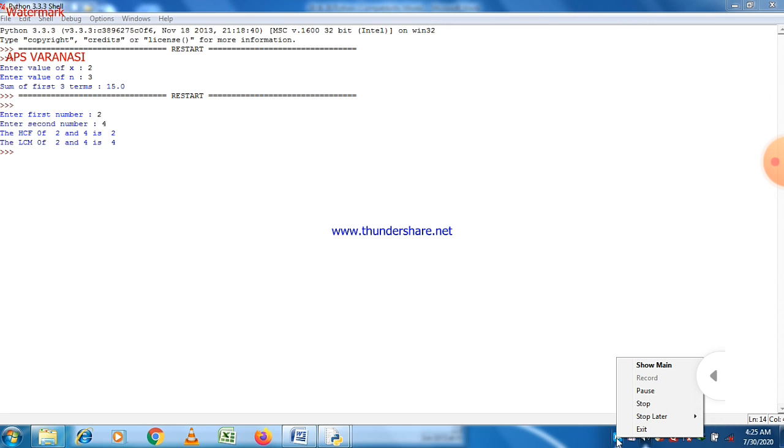And if you know the syntax of a programming language, then you can easily create logic according to that syntax. So logic is the same for all programming languages, but syntax is different for different programming languages.